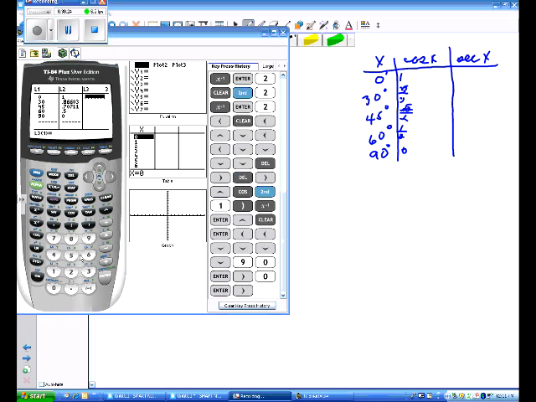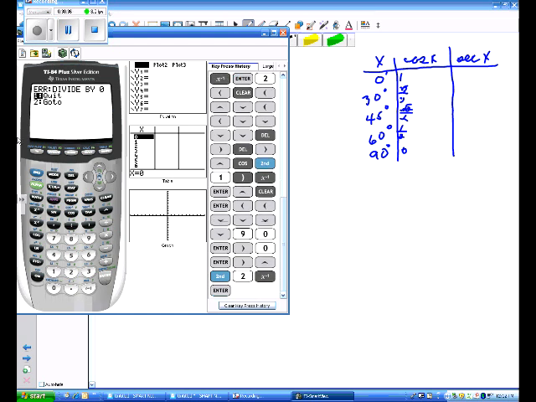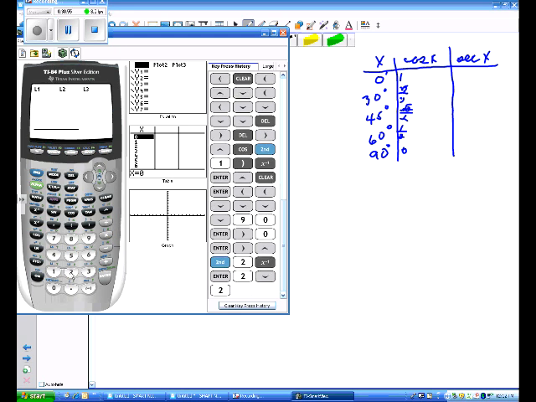Okay, if you notice what we keep getting here as we're trying to put in our function, even if we put in second L2 and then reciprocal and we press enter, we keep getting an error message. And it's saying the error is dividing by 0. Well, if we go back to our table, if you notice down here, for 90 degrees, the cosine was 0. That's what's giving us problems. So let's just go back